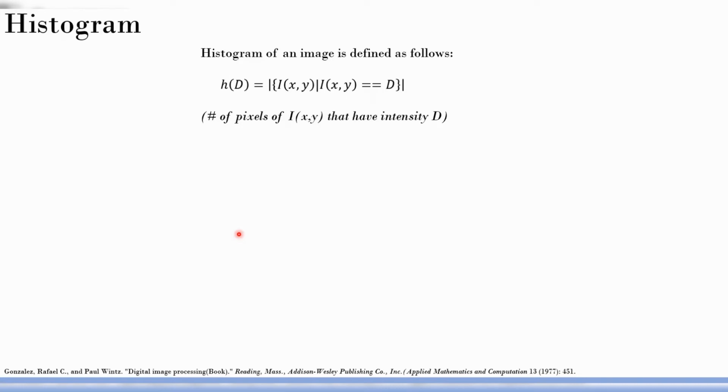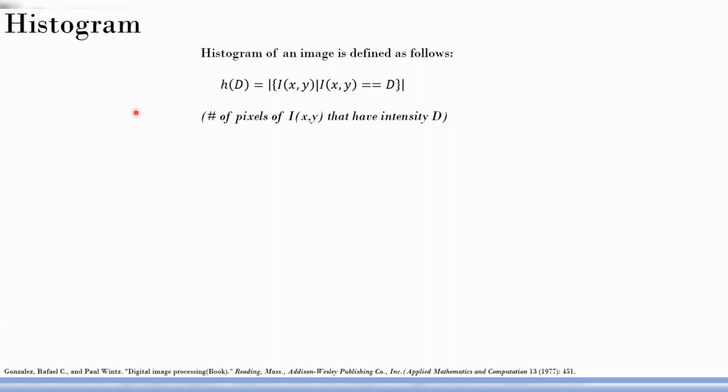Okay, so you'll be using this for many things in the next few weeks or even two months from now, right? Histogram is the most fundamental. It's like for a signal processing engineer, the most fundamental thing they will always do when they get a signal is to take a Fourier transform and see the frequency. Similar to that, as an image processing engineer, your first step is to take the histogram and see whether it makes sense or not. Now you can improve something based on the histogram alone. Okay. So histogram is defined.